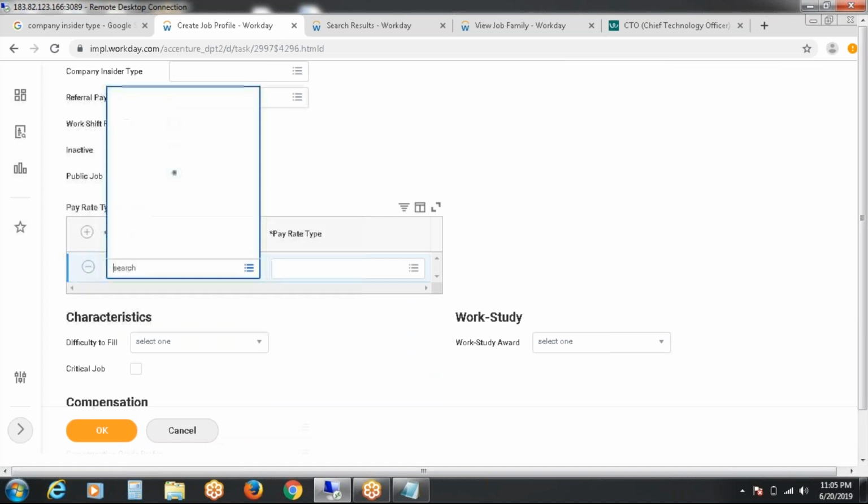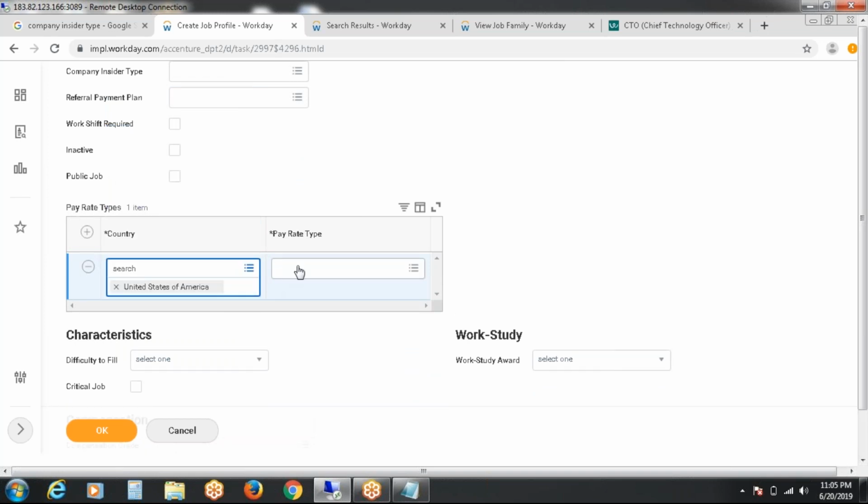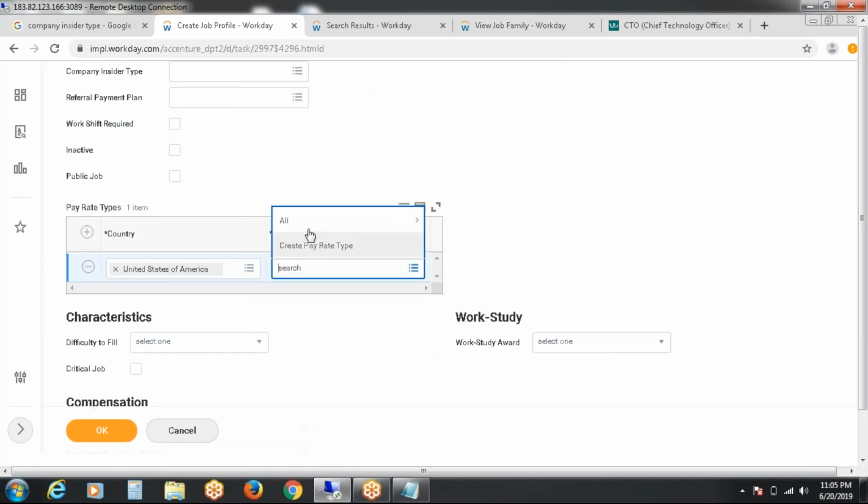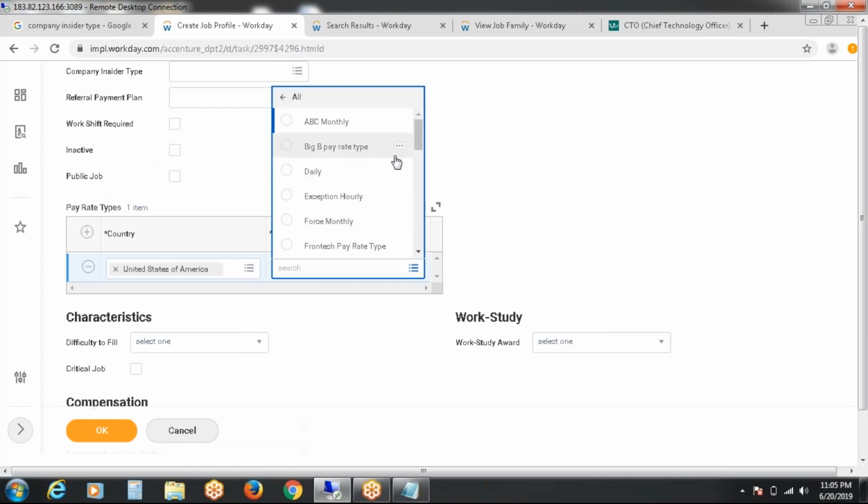Say, for example, pay rate type. If I select United States or India or the United Kingdom, what pay rate type will be available? In that particular country, in which mode you are going to pay the salary, either hourly, daily, monthly, regular, or any other basis.